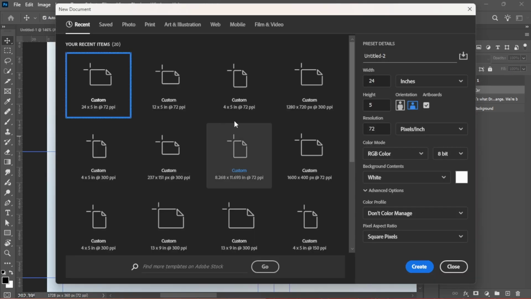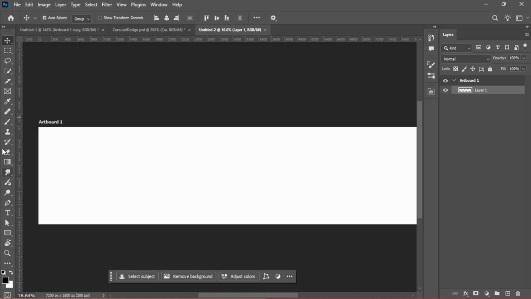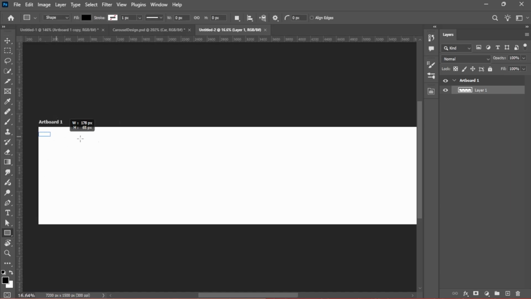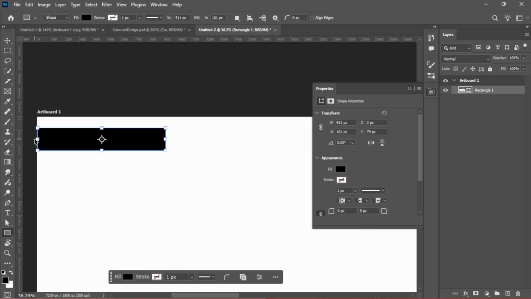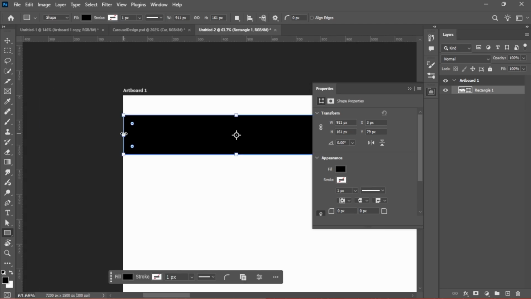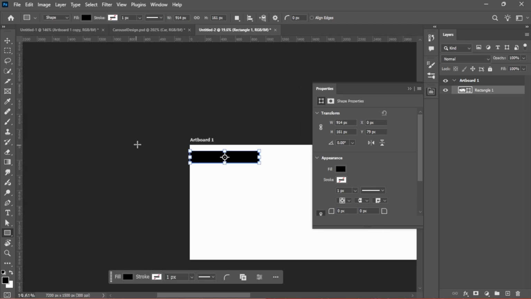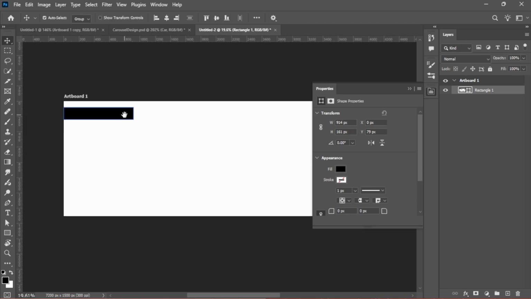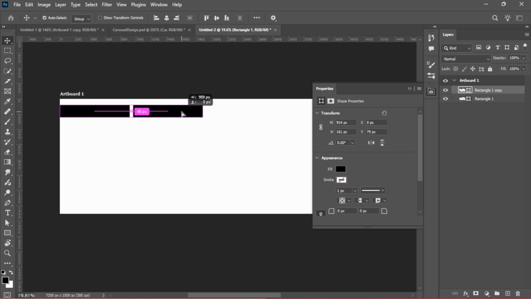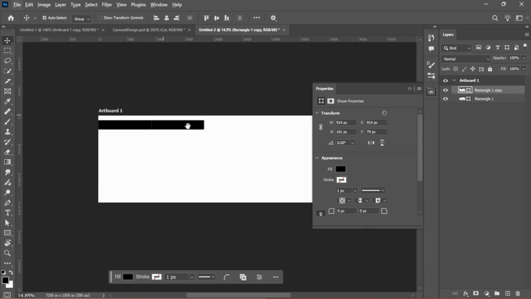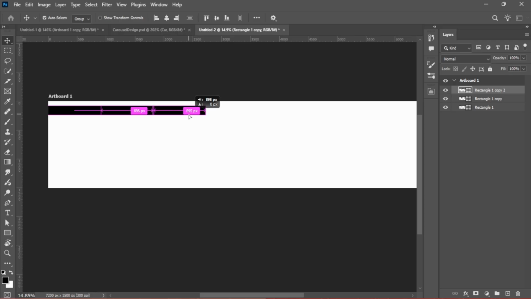So Ctrl N, the same thing, 24/5, we just change this to 300 ppi, and the same process. Now because I've explained the process the other time, it wouldn't take you long to do the same thing here, right? So you just come here, create the first one, duplicate it, make sure it's at the edge, do the same thing,